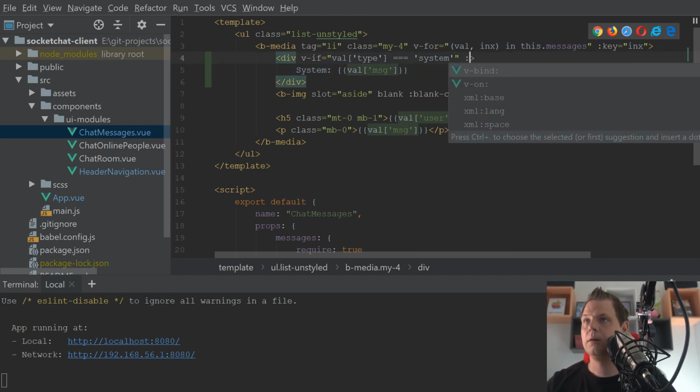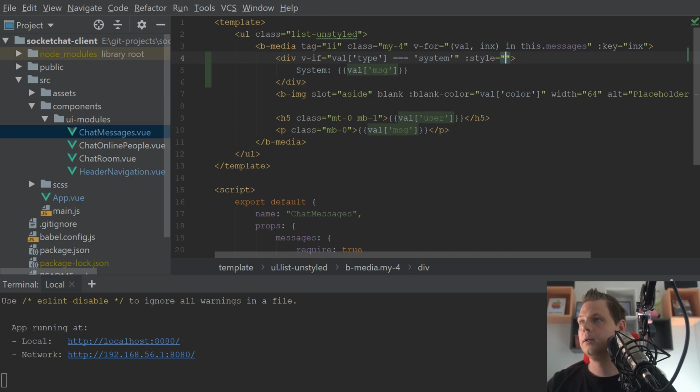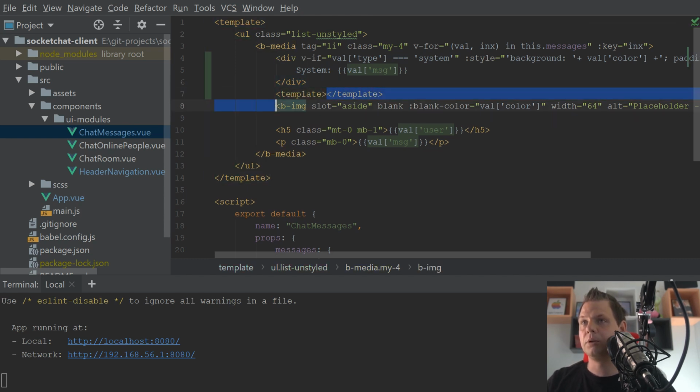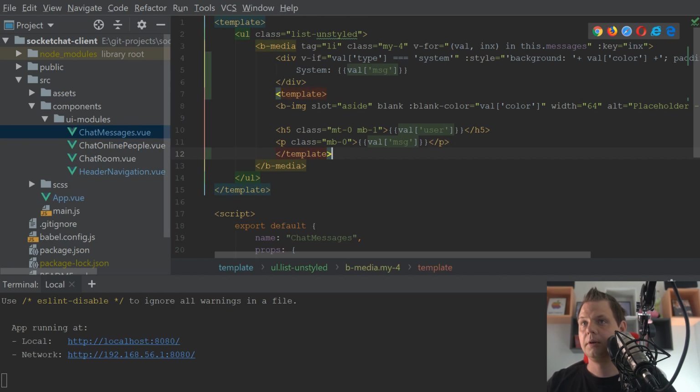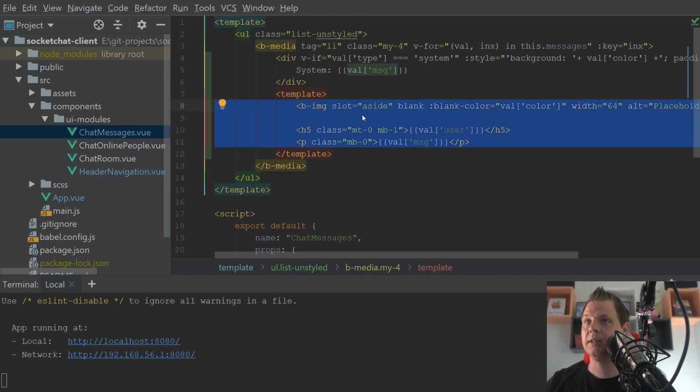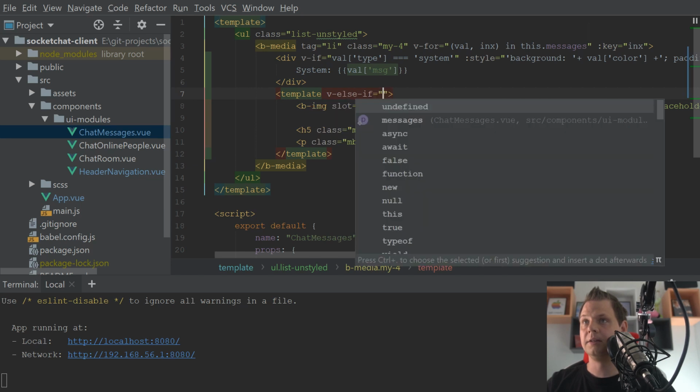and we want a style, and the style should be a background and a padding of 5. So let's say background, and then padding 5 pixels. And we have this because we have the color we want to put inside. And then we want a template, because we don't want to change the view we have here. And then make a tab inside and say else if the